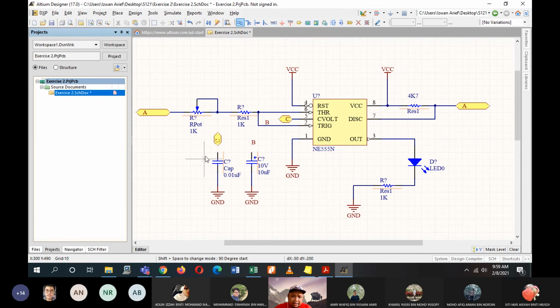Alright, and then I make the connection here. Then it's okay. So now the pin 5 of the timer and the capacitor of 0.01, there are connections between them. Just to make these two things, nets and port, is actually helping you in making sure that your circuit is neat. That is the function.